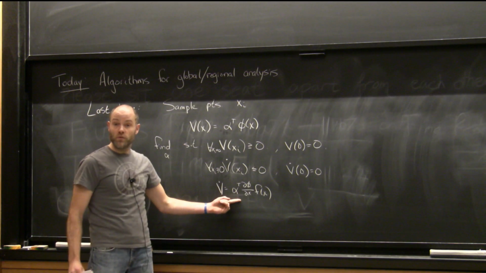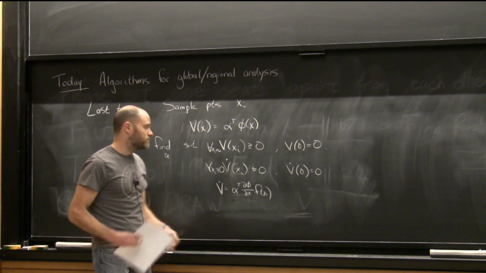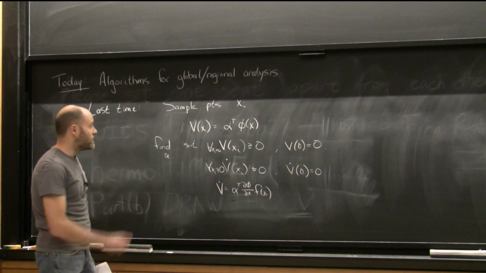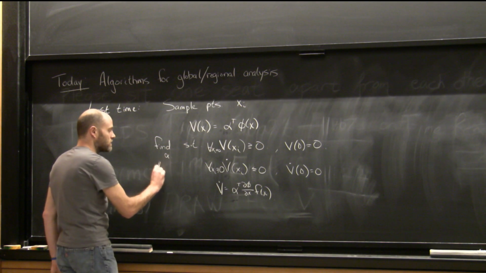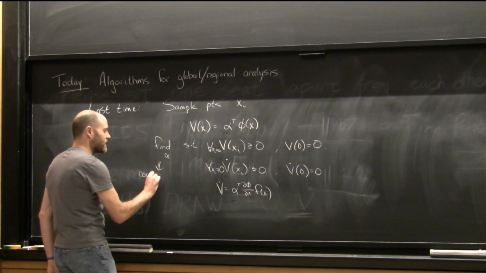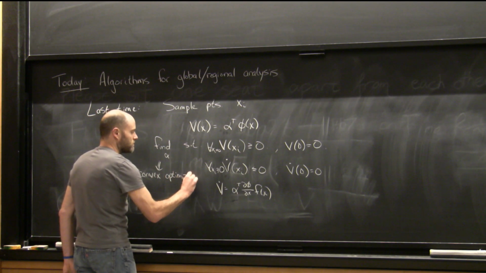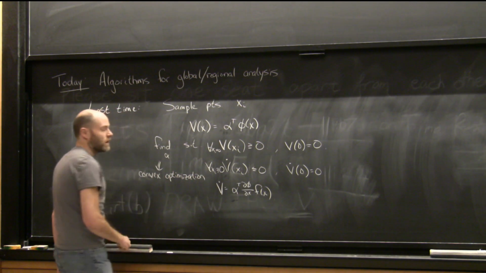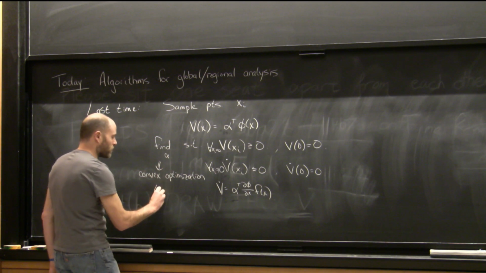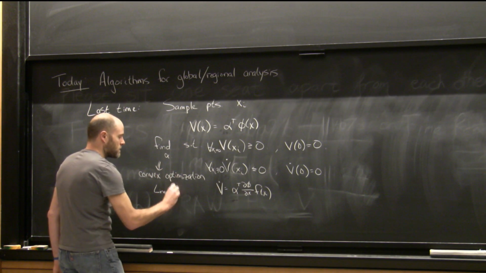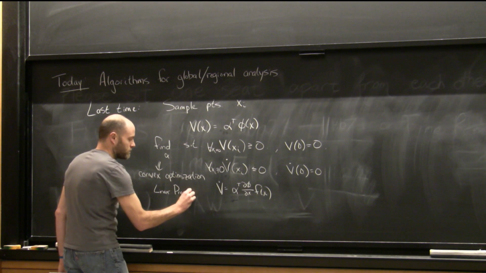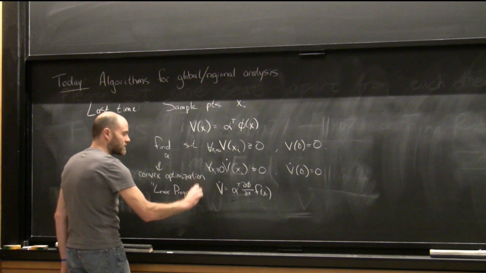The derivative is also linear in the decision parameters. So this optimization is a convex optimization. And so far it's a linear program. In fact, in that example, I pushed